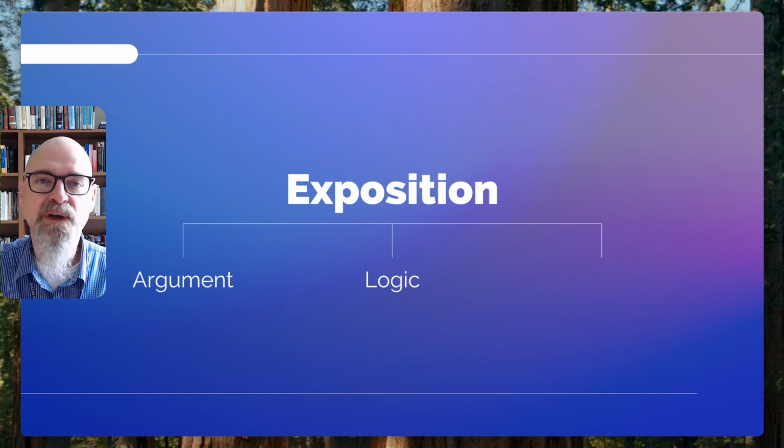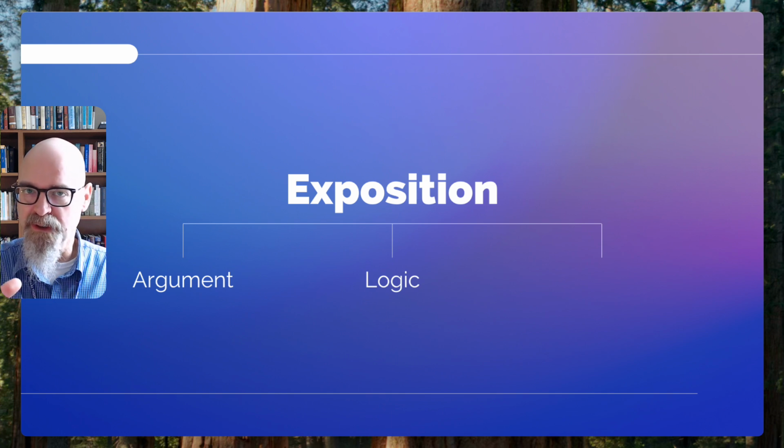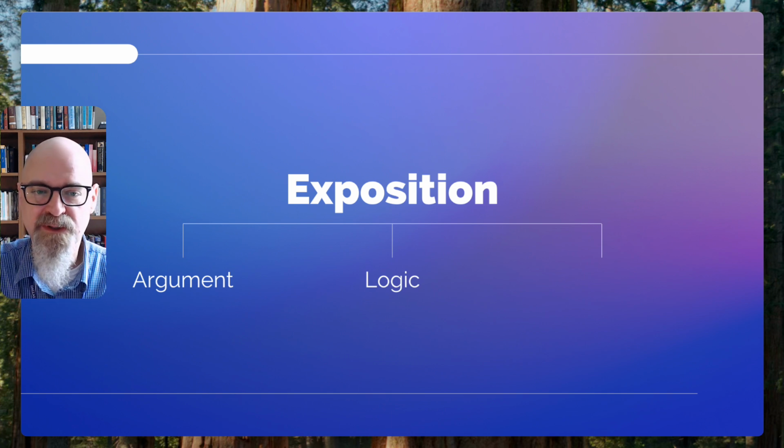Now, some of this overlaps again with what we talked about with language, because oftentimes we use language to show logic. We will use words like because, so, therefore, and words like that. But the argument is the whole point that the author is trying to make, and the logic is how the argument fits together. So it's sort of like getting into the smaller pieces of what the author is arguing. So basically, logic will explain how the argument is put together and how it actually works.